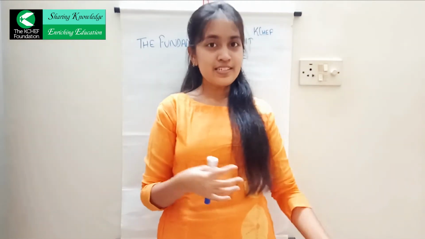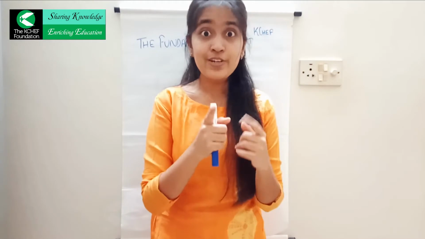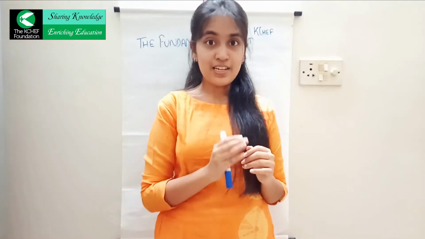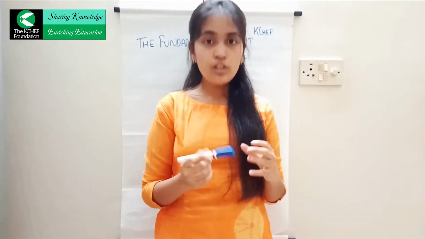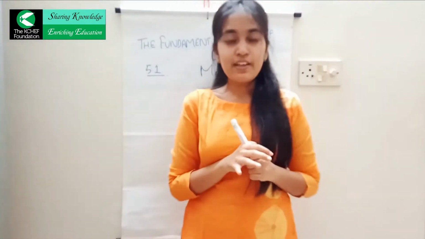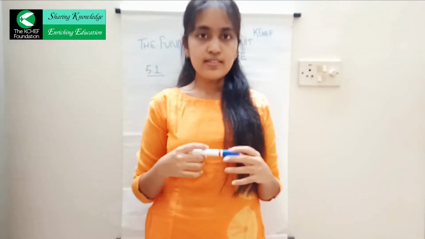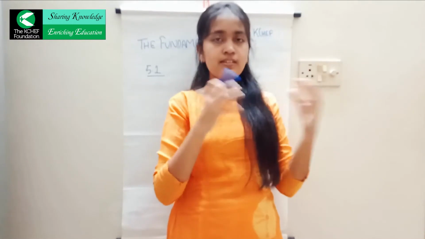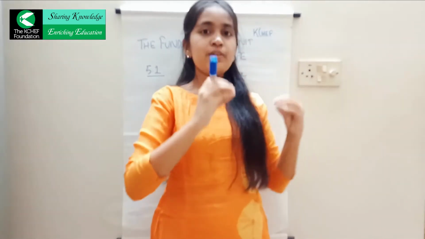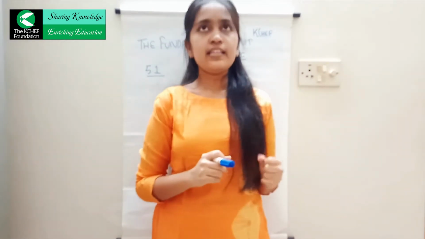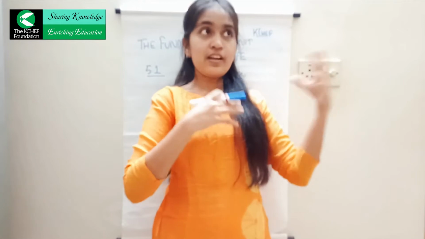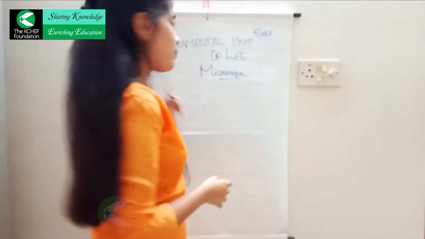Okay, then sooner or later, compound microscope was discovered and a picture of compound microscope is given in your textbook in the first page of this very lesson, that the first diagram, that is the figure 5.1. I want you all to refer the figure 5.1 to see a compound microscope. So there are several parts. You don't need to learn the whole mechanism of the microscope. Just know that these parts are called as these in a microscope. Alright. So there's an eyepiece, okay, and there's a coarse adjustment, fine adjustment, basically to focus, and there's an arm, there is a base, there's a mirror at the base, okay, there is a stage. So there are a lot of other parts. Just go through the figure 5.1.